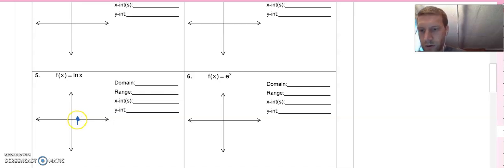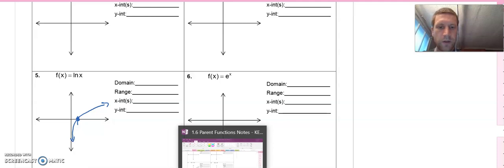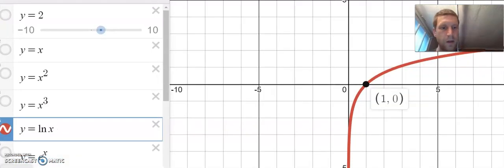X-intercept of (1, 0). And then it kind of comes out like that and approaches the y-axis. So some of these are hard. It's hard to tell if this actually crosses the y-axis to have a y-intercept. So what I would recommend that you